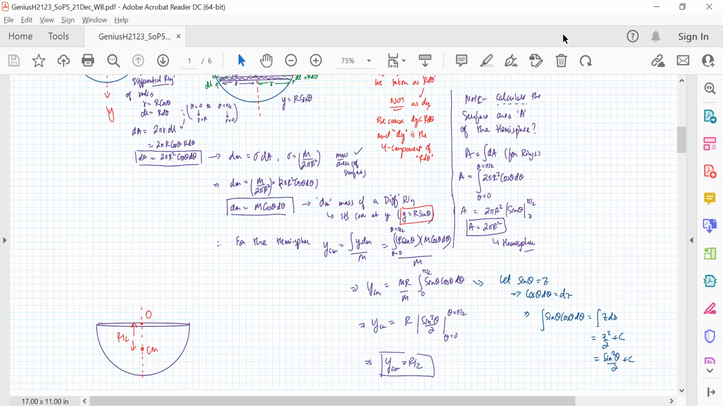Okay. So semi ring, semi disc, right? Hollow hemisphere, solid hemisphere. These are four of the standard formulae. Okay, so semi ring was 2r by pi, semi disc was 4r by 3 pi, solid hemisphere was 3r by 8, and hollow hemispherical shell, as you see, is r by 2. Okay, so to this list you have to add the solid cone. Okay,